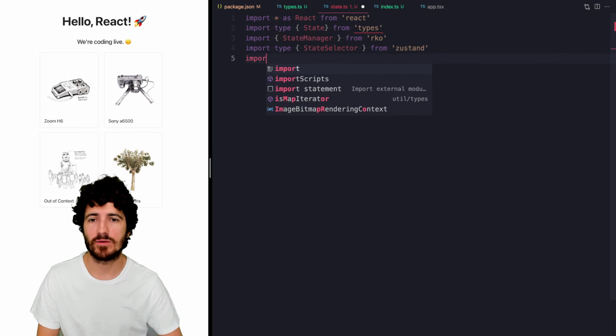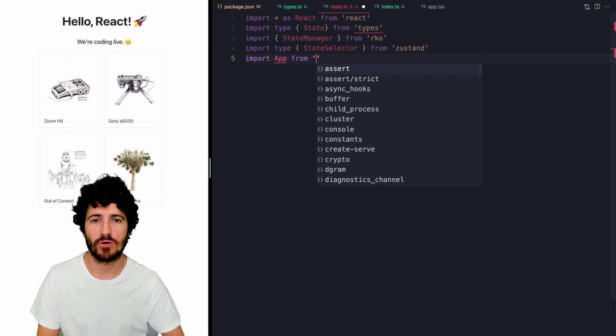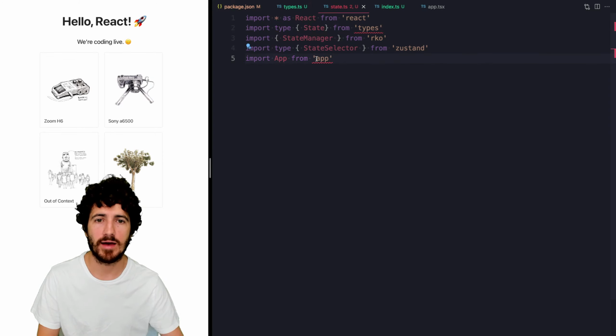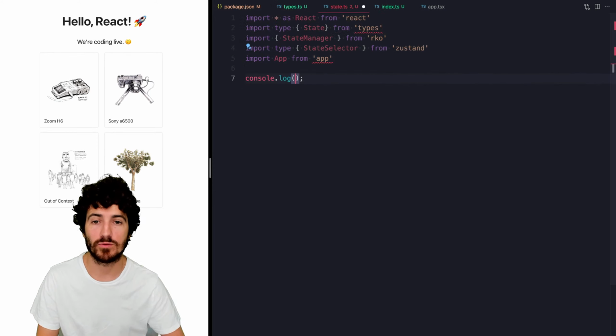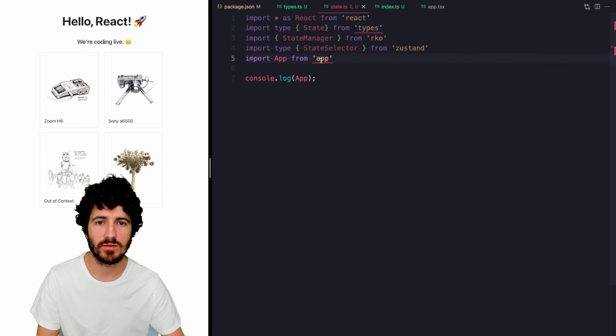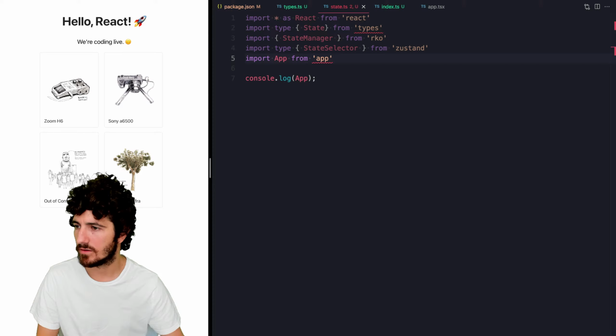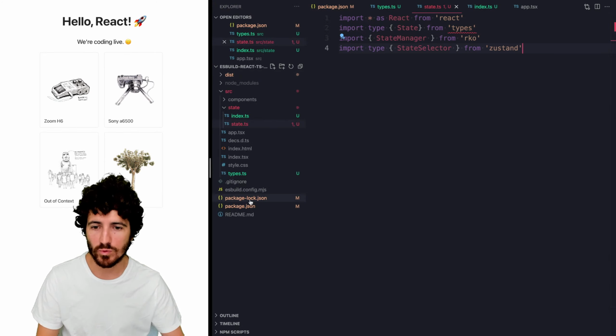And we can see what I'm talking about if you try to import your app from your app file. If we were to log our application, we see... All right, so we'll have to remove this part. I'm not going to talk about this. So what we'll do is that we will add to our project